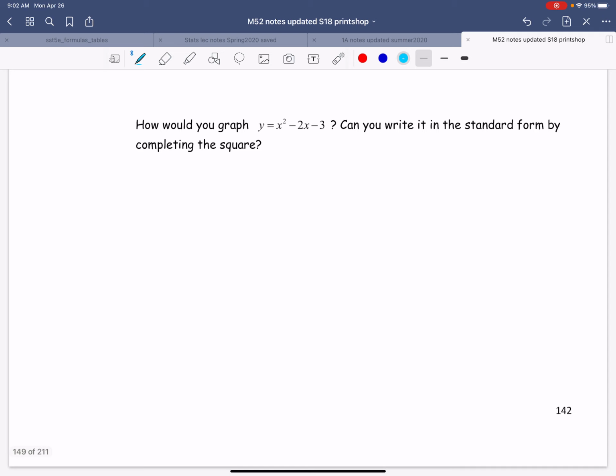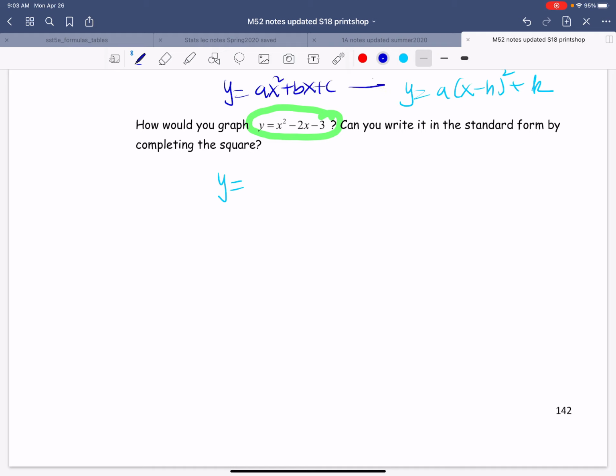The next thing I want to talk about: if you have an equation in this form, the general form, you can change it to the standard form by completing the square. So if you want to write it in the form y equals a(x minus h) squared plus k, you can do that as well. Right now, it's in ax squared plus bx plus c form. You can toggle between